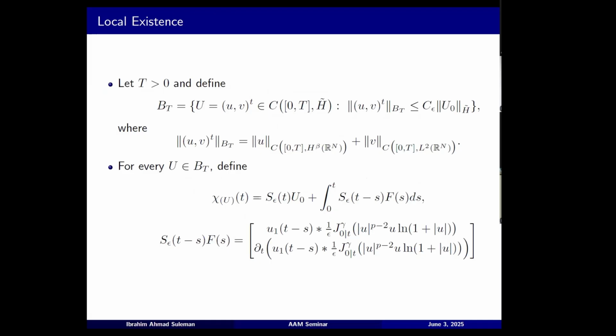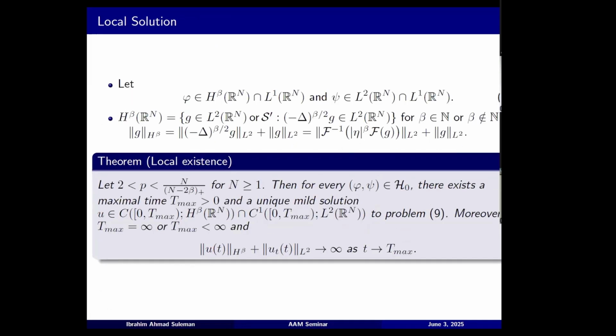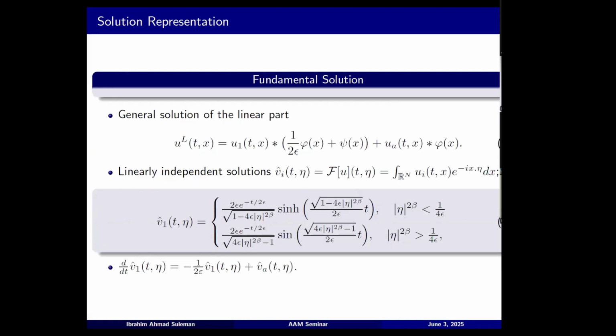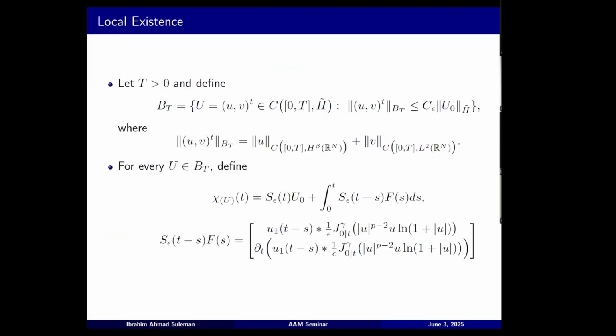So for the local existence now, I go to the idea of its proof. We have seen the results that for 2 less than p less than some n over 2 betas. Allow me to go back here. This is the theorem. We wish to prove that there's a unique mild solution, which means a solution written in a Volterra integral form. So as I said before, the local existence argument is by Banach contraction principle. And I'll give more details because it's the exact argument for global existence. We just need to change the space. And we refer to the lemma in Dabbicco and Fino, and that's it.